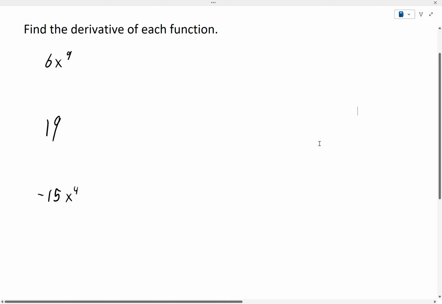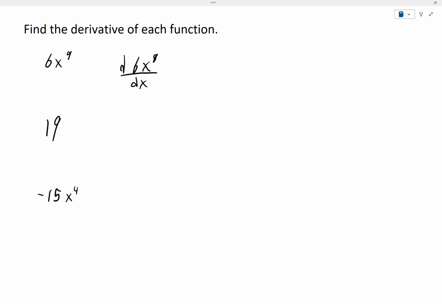In this video, we're going to be doing some derivatives using the clever rules as opposed to evaluating the derivatives as limits. So here are our three functions right here, and our goal is to find the derivative of each one. So for the first one, we're looking for d 6x to the 9